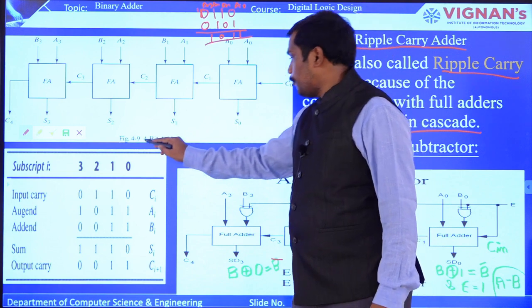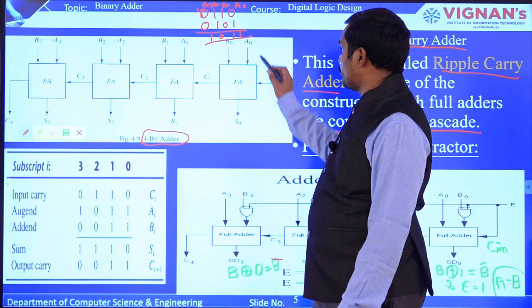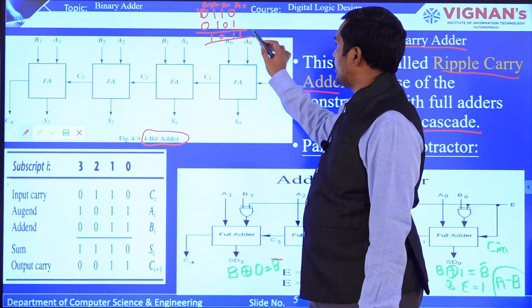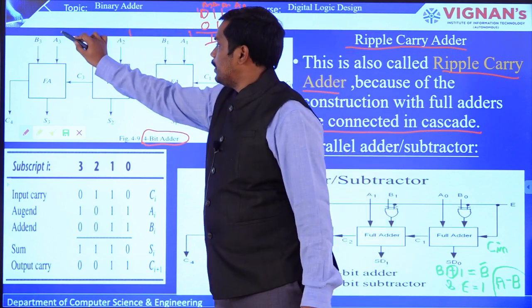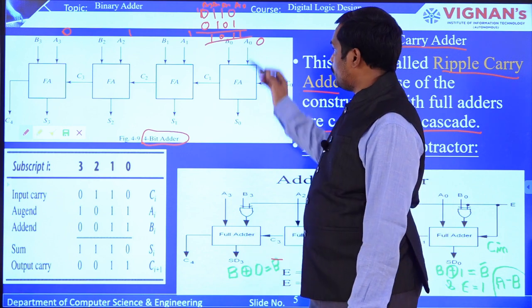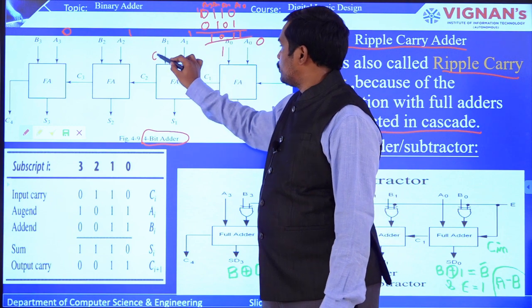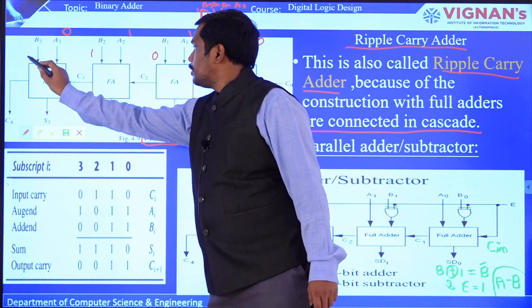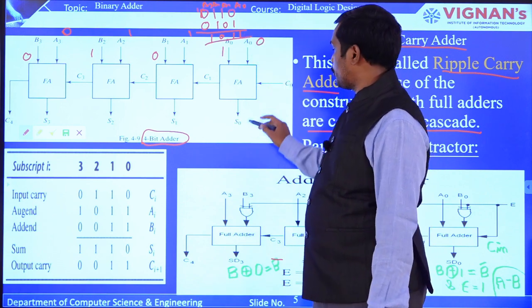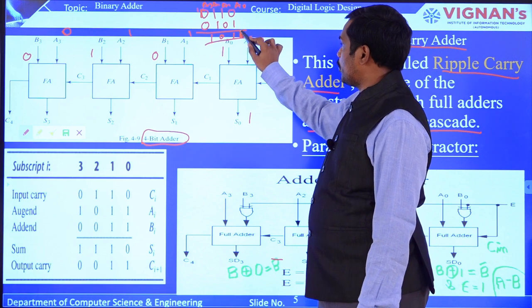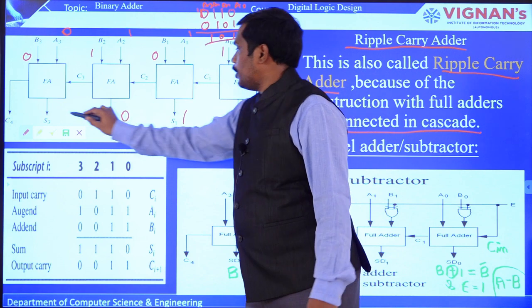So that is how you are going to construct a 4-bit adder where you are going to add these binary strings. Now you understood. So A0 will be 0 and A1 will be 1 and A2 will be 1 and A3 will be 0 as per the given data. And now the binary representation. Now B0 will be 1, here it is 1 and here it is 0 and here it is 1, here it is 0. And what you are going to get here, S0, that is the output bit, that is 1, right? So 1, and then here also I got 1 and here I got 0 and here I got 1.